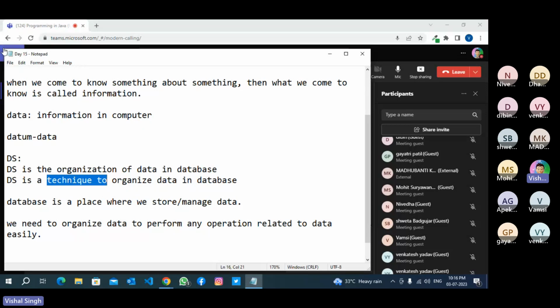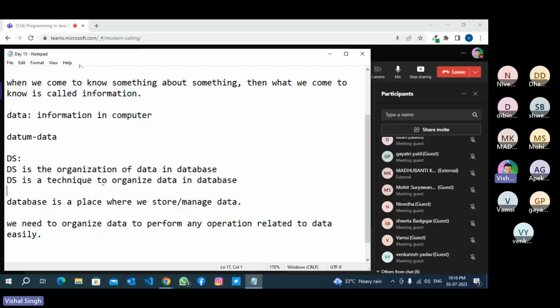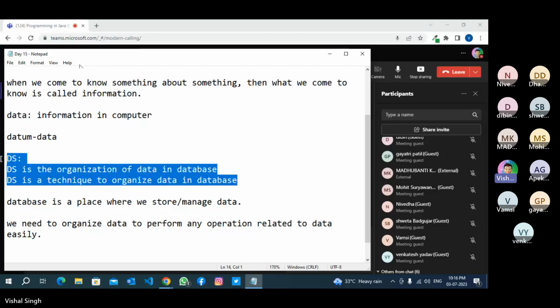How we organize the data, how we keep the data, how we search the data from the list of data in minimum time. This is a technique.